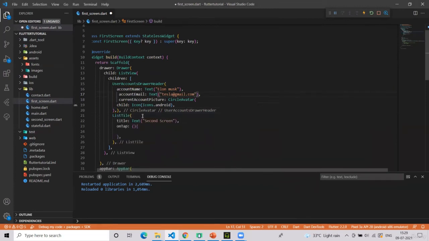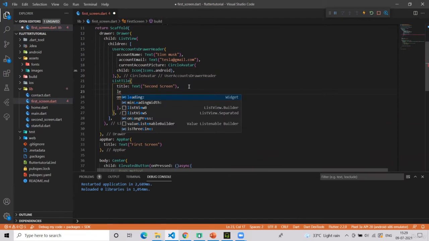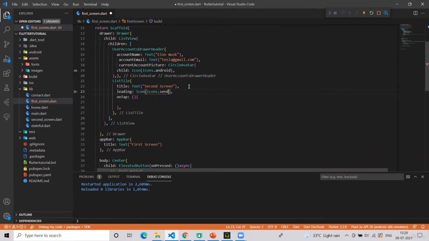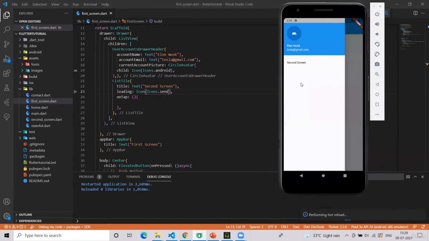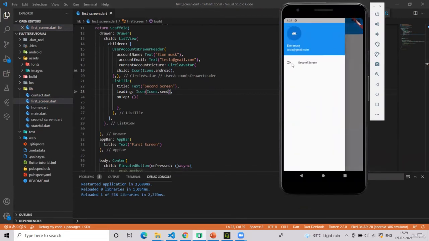These are other options in it. Also, here I will give a leading icon to look good. See, now it's looking better.